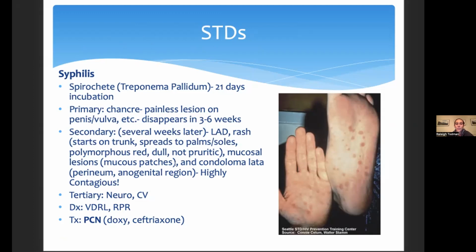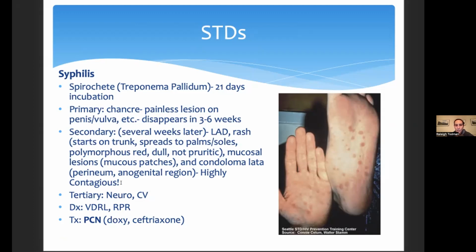It disappears in 3 to 6 weeks. It's around for a while, so there is a good opportunity to get treated early on if someone pays attention, but it is a painless lesion, and there should just be one. So if someone has a lot of genital lesions, it's probably not this. The secondary phase, which is several weeks later,